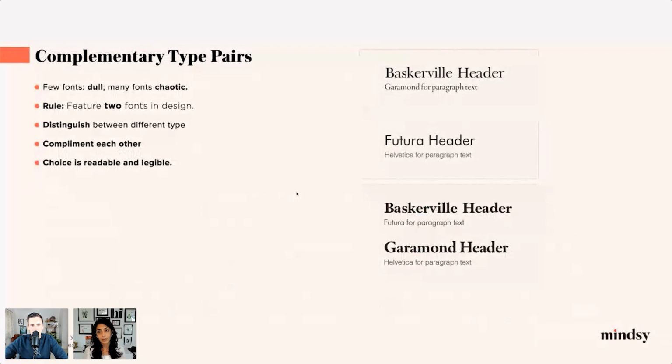Like if you see Baskerville header and the Garamond, they are more similar types, so it's not working that great, where Futura and Helvetica are also both sans serif. For more readability and legibility, I would always suggest to combine the fonts. Like if you see the Baskerville with Futura and Garamond with Helvetica, those are good examples I can share.